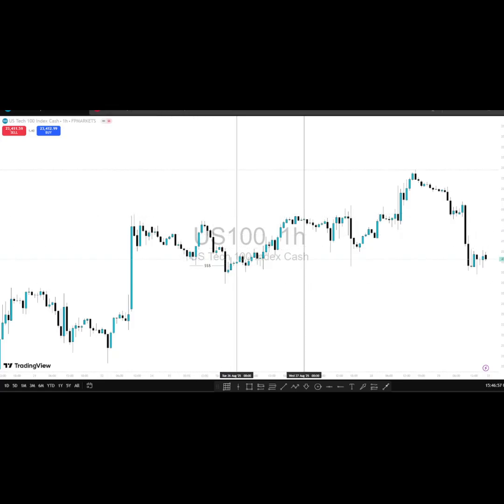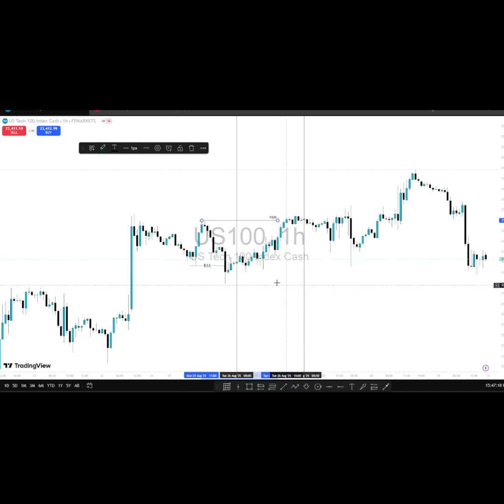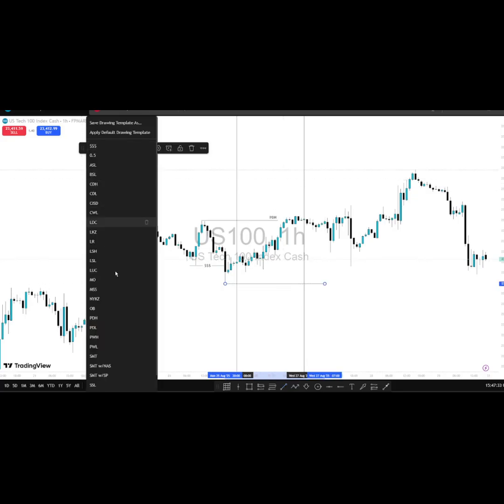So as 9:30 came in, I had already marked these previous day highs. This was a previous day high. I'll just mark it. Previous day high, previous day high, previous day low, right? Which was formed. This is a previous day low in terms of midnight opens and stuff.